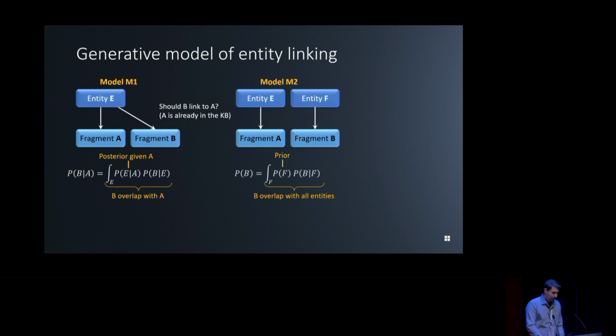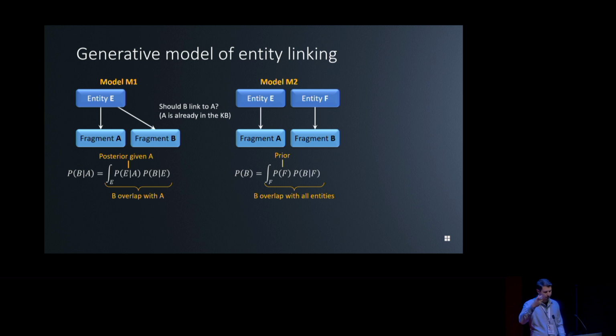The way to compute this is that in the first case, if A is given, you actually have to go through E. So you go to the probability of E given A, then you go down to B, the probability of B given E, and you integrate E out, which gives you the probability of B given A. In the second case, because A and B are independent, the probability of B given A is the same as the probability of B. So A does not participate in that computation, right? It doesn't matter what entity you selected if they were independent in this case. So all you have is just the prior over E, and so you just have that right side component.